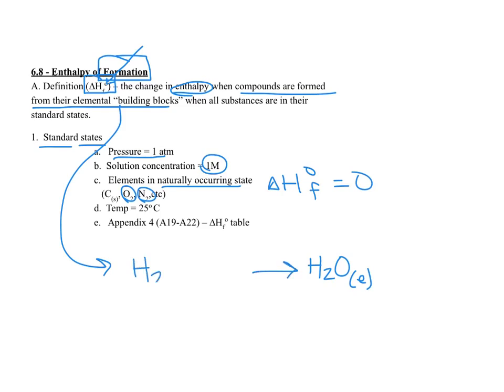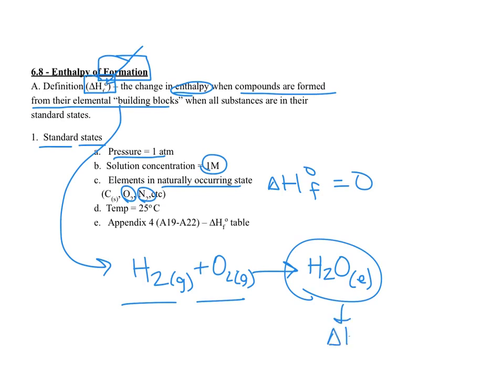Its elemental building blocks would be hydrogen gas and oxygen gas. So when this compound is formed from its elemental building blocks, the energy associated with that would be the enthalpy